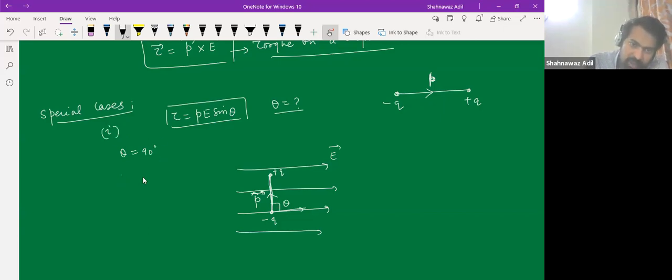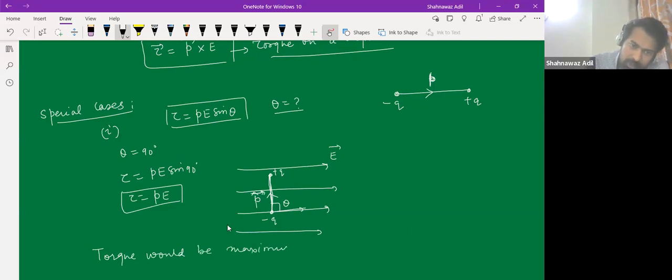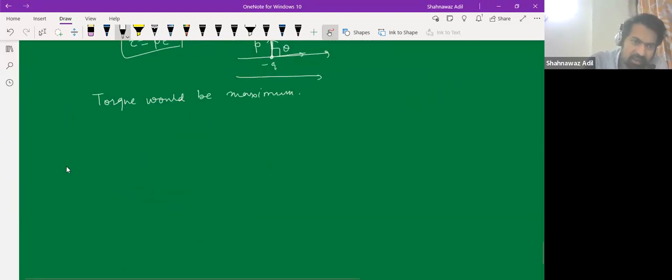So torque would be what? PE sine of 90. So this is 1. So for this case, torque would be maximum. This is the first case. Second case is that when you put the dipole